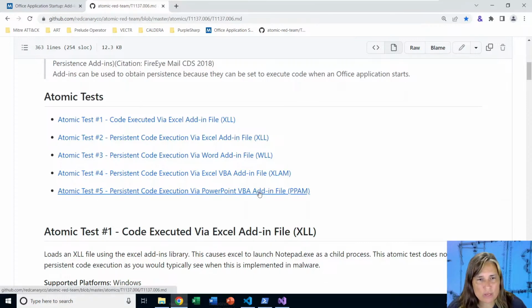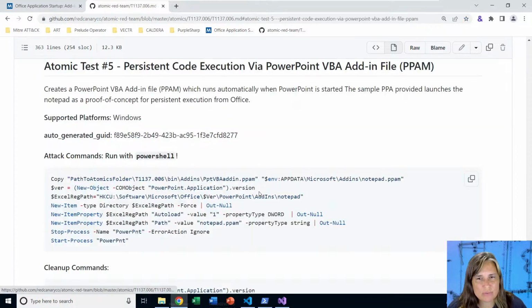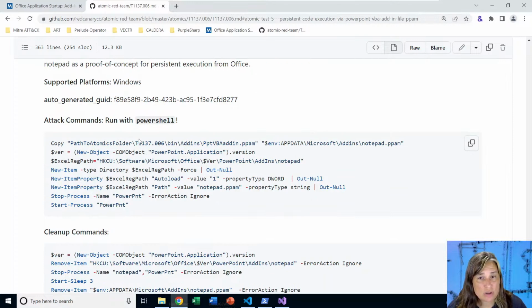Let's start with looking. We're going to work from the bottom up today, so we'll look at the add-in file for PowerPoint. And this says it creates a VBA add-in file that runs automatically when PowerPoint is started. The sample file just launches Notepad. So to install this add-in, this Atomic is just going to copy our PPAM file that comes with Atomic Red Team in our bin folder, and it's going to copy it over to our app data folder in Microsoft add-ins and then notepad.ppam. And then it's going to create a